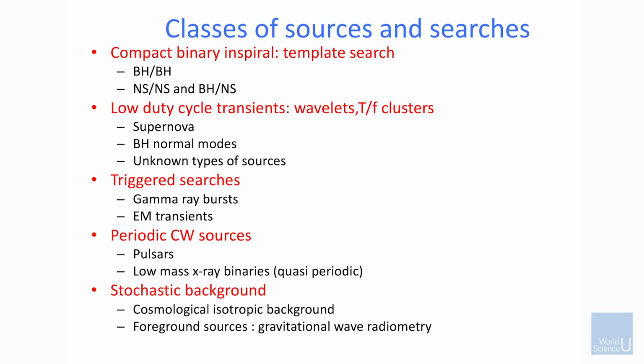For example, there's a very active search going on every time we run to look for things which are constant signals. A pulsar. We know about pulsars. We know where they are. We know their frequencies, and we know their period derivatives. And what you're looking for is a pulsar that has been squished by its magnetic field, so it looks like a wobbling football.